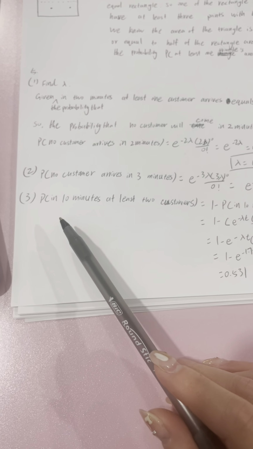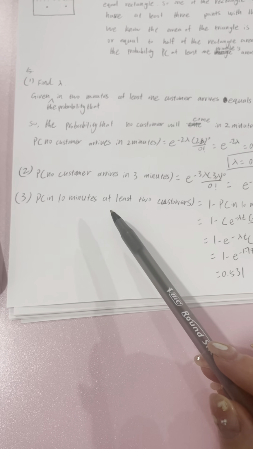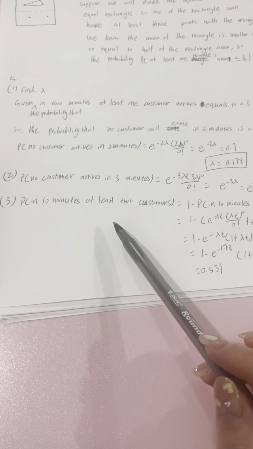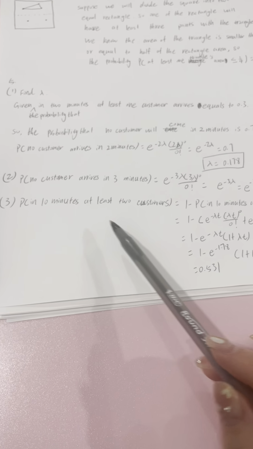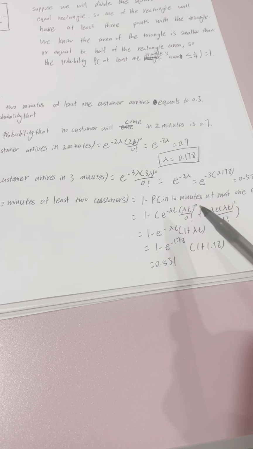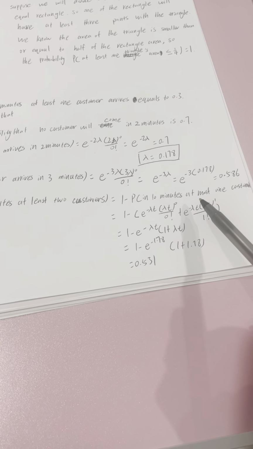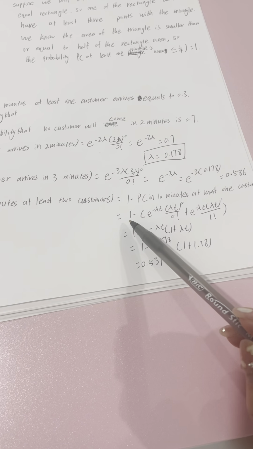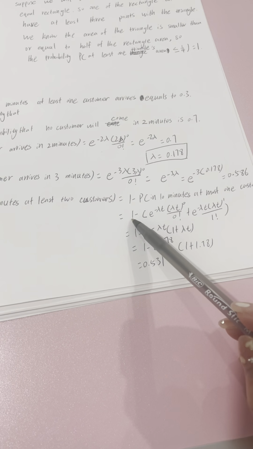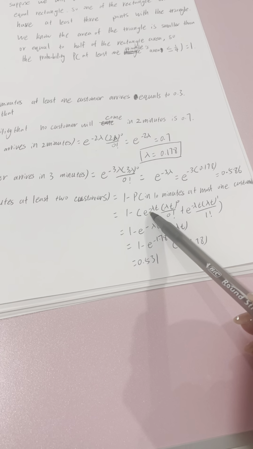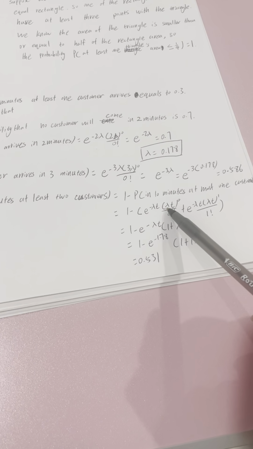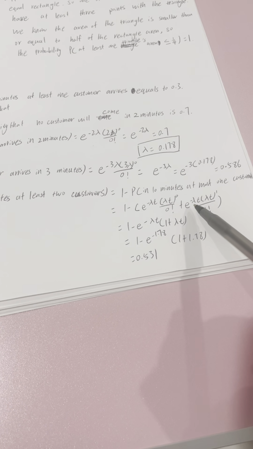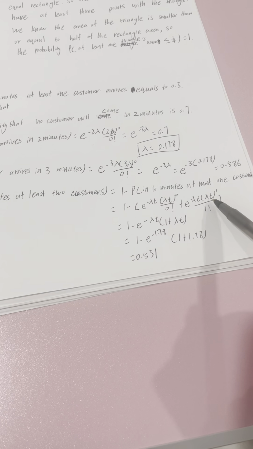Question part 3, we are required to find the probability that in 10 minutes at least 2 customers will come. So the probability that in 10 minutes at least 2 customers will come is equal to 1 minus the probability that in 10 minutes at most 1 customer will come. So we plug in the equation, which is 1 minus e to the negative lambda t times lambda t to the 0 power over 0 factorial plus e to the negative lambda t times lambda t to the 1